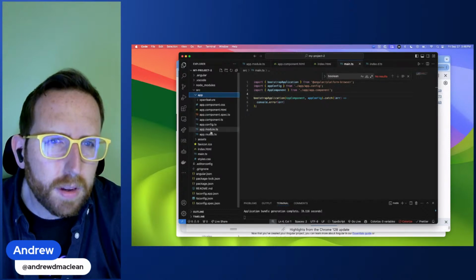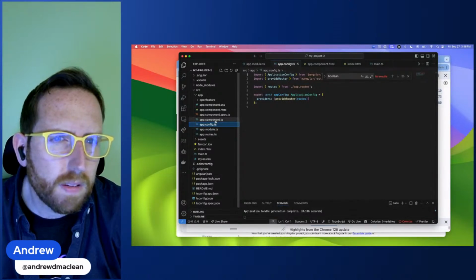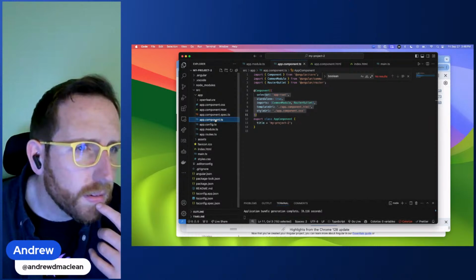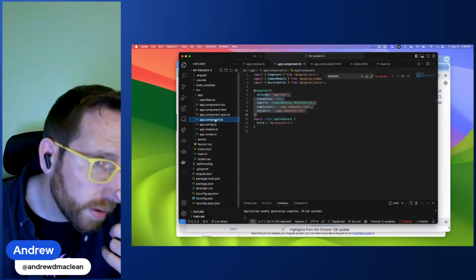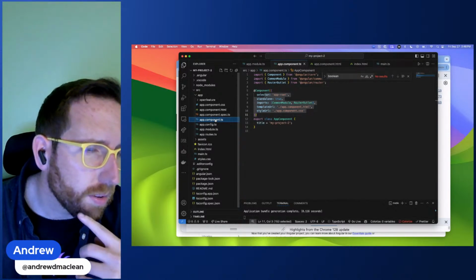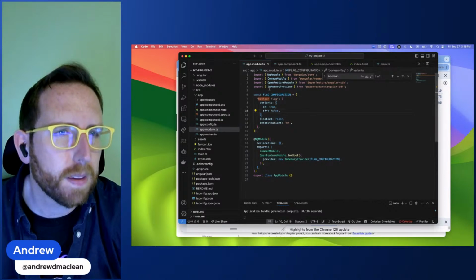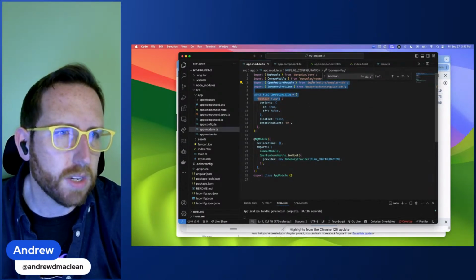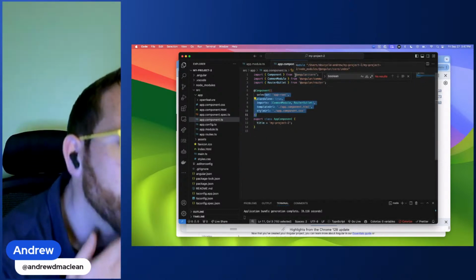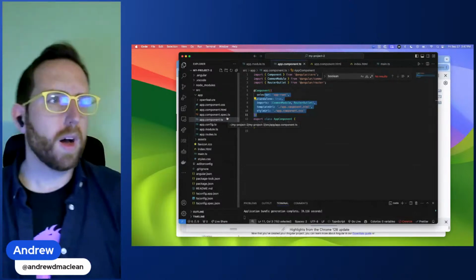App module. Providers. Components. Import. Is it in there? Do I need to do that as a component instead of a module? Hold on. If I grab all of this stuff, oh no, because that's using the ng module. Okay, why